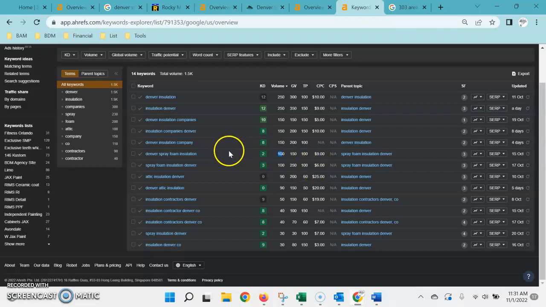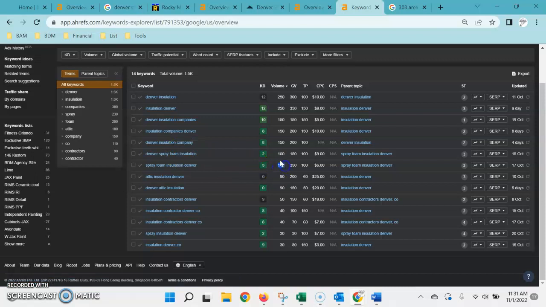Now, obviously, depending on what the conversion rate is to leads that actually become customers, and then the profit margin and the scope of the job, it varies greatly from job to job. But you can see how just the volume of leads coming in per month can definitely add to some revenue at the end of the year. And that's just off one keyword phrase.